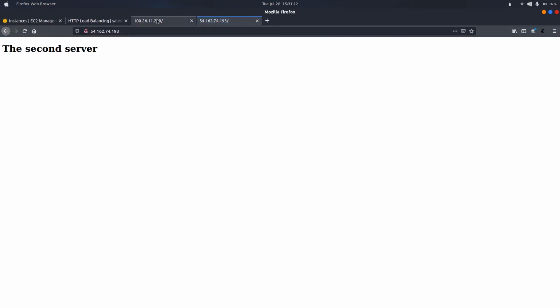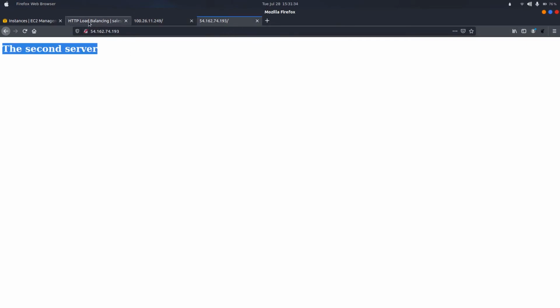In this video we will create a configuration, and with the help of that configuration we will do the load balancing. Means when we hit the load balancer DNS for the first time, it will take our request to the first server, and the second time when we hit it, it will take our request to the second server.